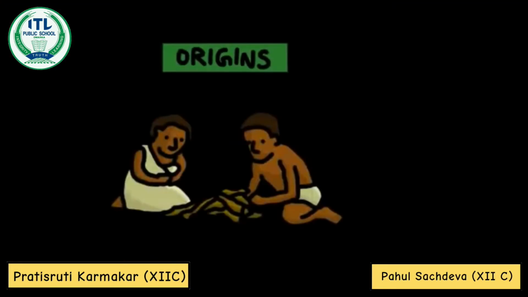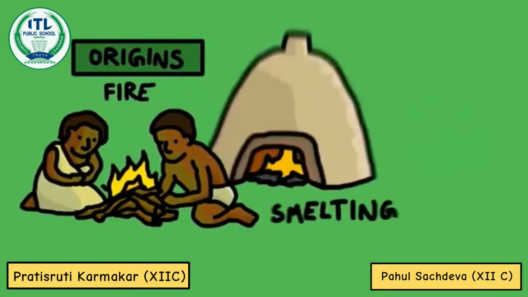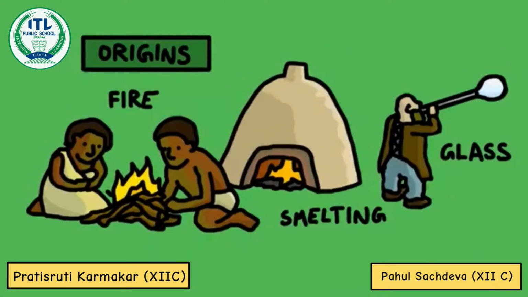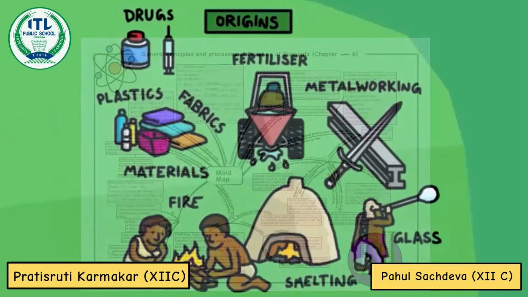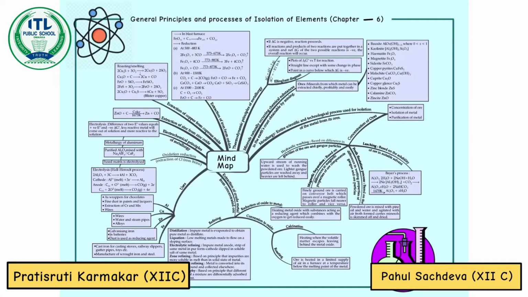Chemistry originates from metallurgy, where we use certain general principles and processes of isolation of elements. In the mind map of chapter 6, we study the occurrence of metals and their extraction from concentrated ores. Further, we learn the thermodynamic and electrochemical principles of metallurgy. On the left side, we see oxidation, reduction, and refining have been summarized, further expanding into the uses of aluminium,